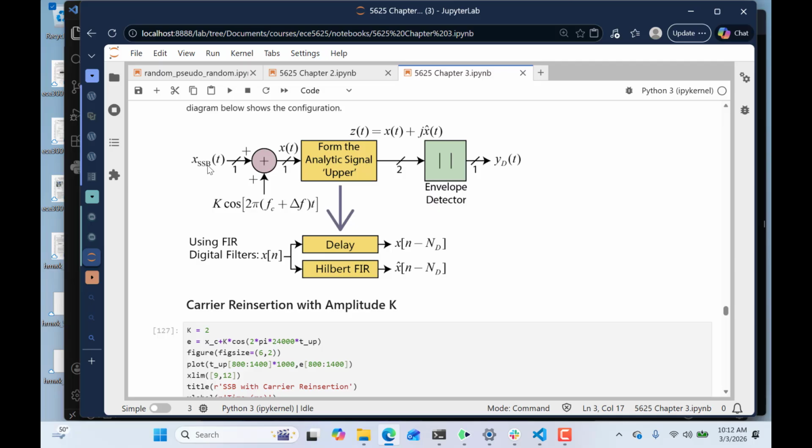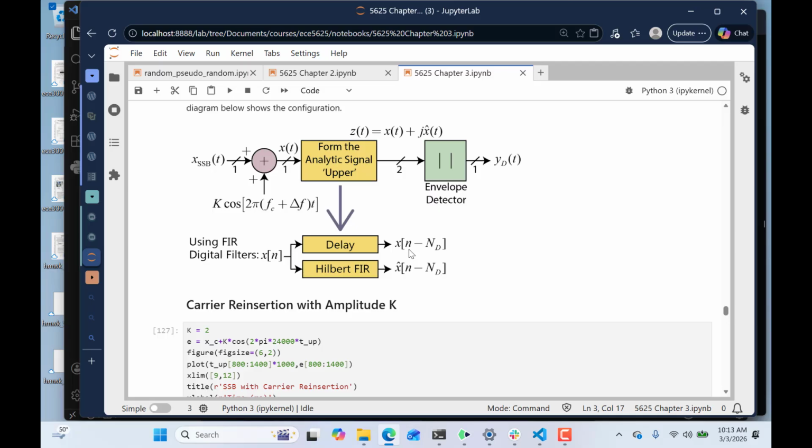We have our single sideband signal come in, and rather than multiplying, we're going to add in this large carrier. We're going to form the analytic signal, which is going to be a means, and this is what I'm going to have you play with, I think. I just haven't formulated it all. We'll take the real part and delay it, and then we take the Hilbert transform part, which will already have a delay built into it because of the filter. So if we're going to form a fully analytic signal that we can then envelope detect from,